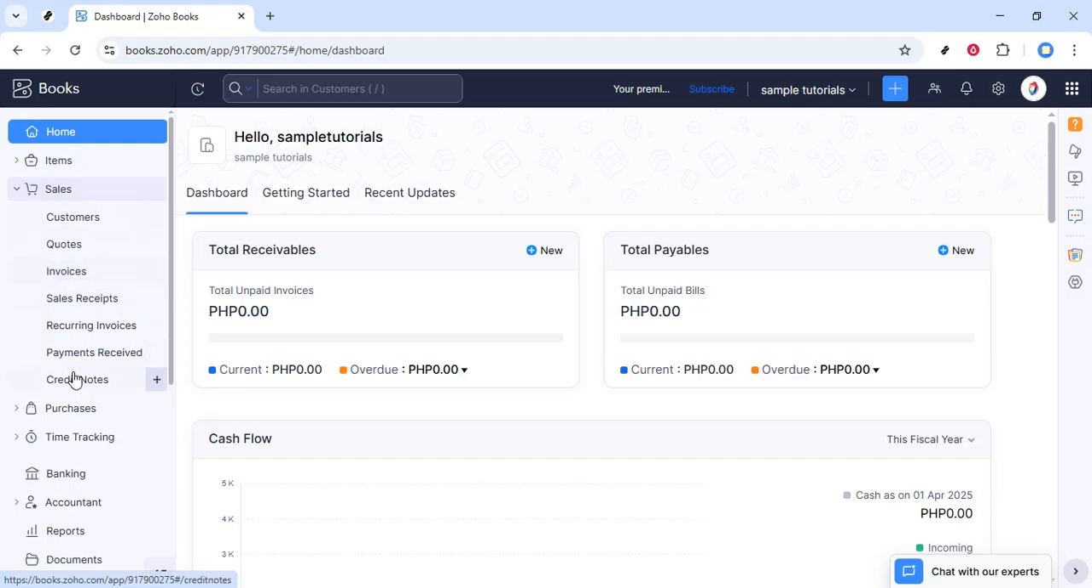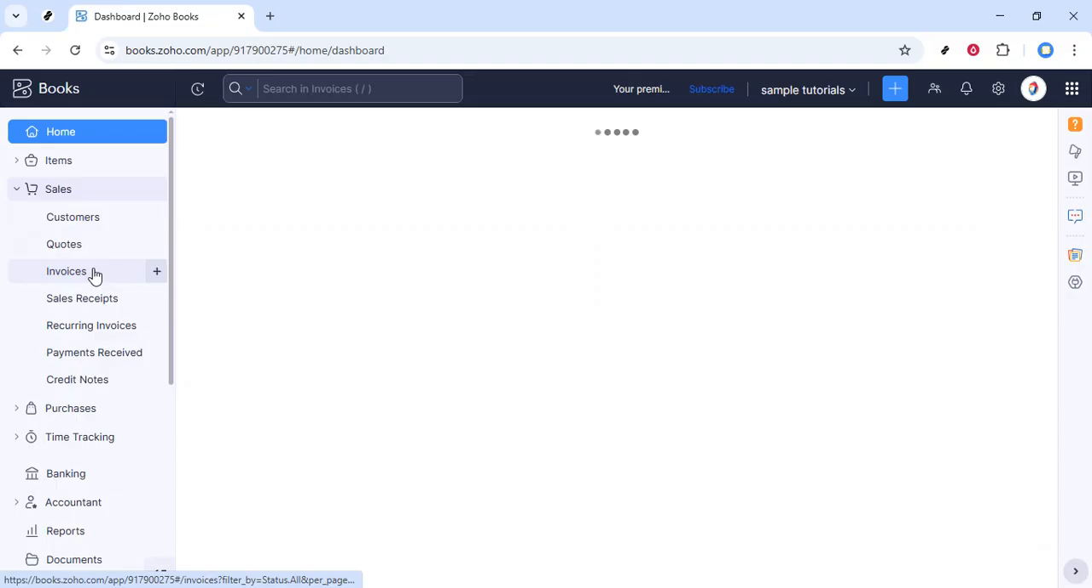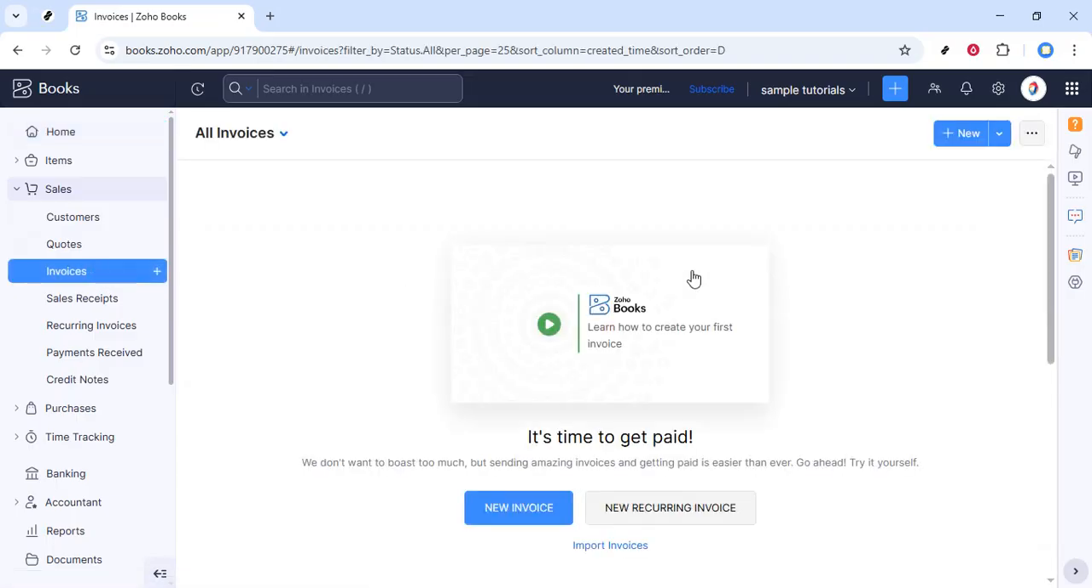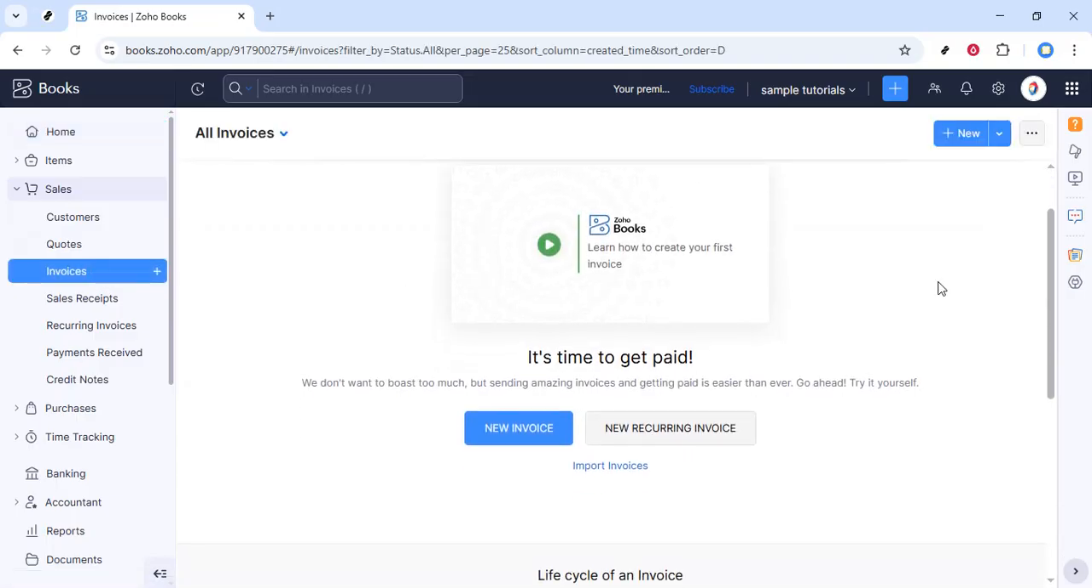From the expanded sales menu, click on Invoices. This takes you to the Invoices page, where you can see a list of all the invoices you've created so far, along with their status, such as drafted, sent, paid, or overdue. This page is helpful for tracking what's been billed and what's still outstanding, but right now we're going to add